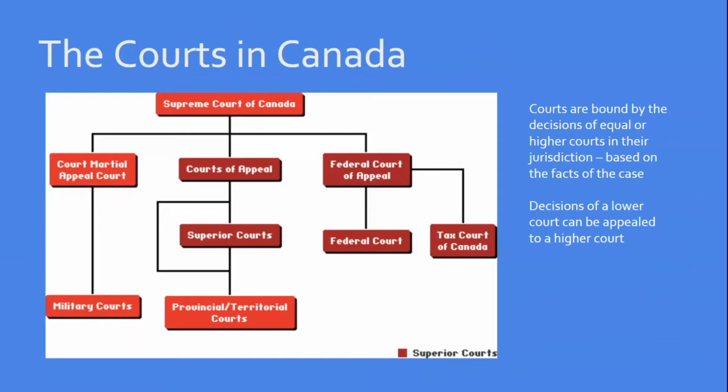And at the very top, we have what's called the Supreme Court of Canada. The Supreme Court of Canada is, as the name says, supreme over all of the courts. And it will only hear cases that it wants to hear. So, for example, certain cases will make it all the way up to the Court of Appeal. And these cases will be looked at, and if the lawyers in those cases say, you know, this case has implications for Canada as a whole,